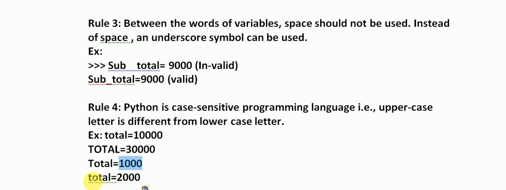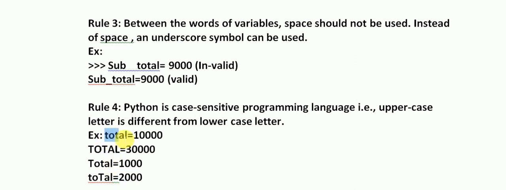In the fourth one, we use a capital T in the middle, so this is also a different variable name with a unique value.